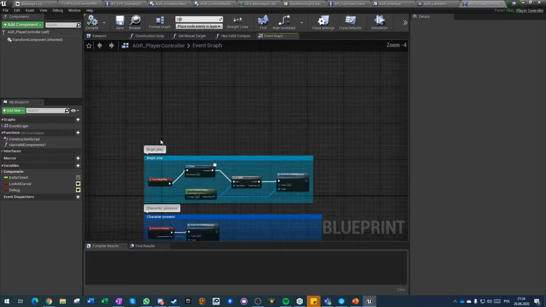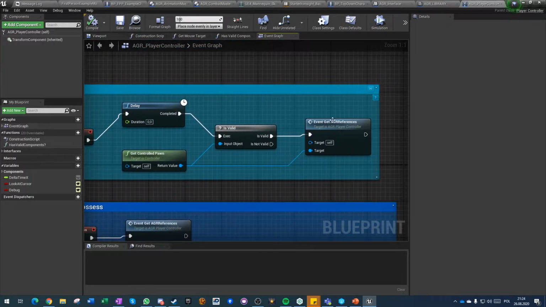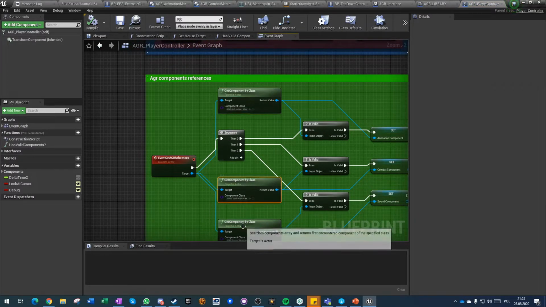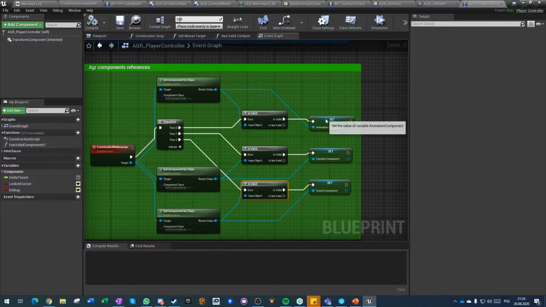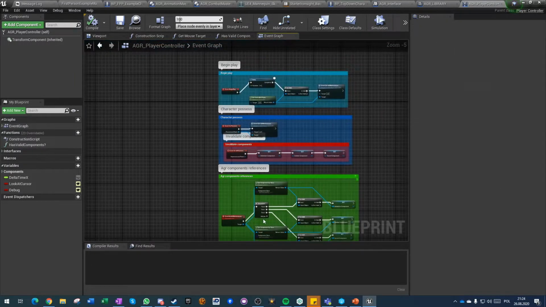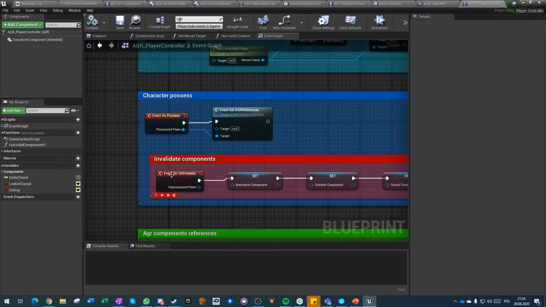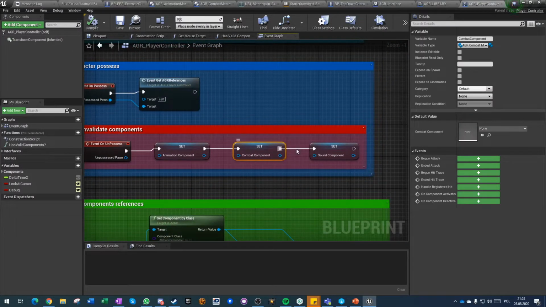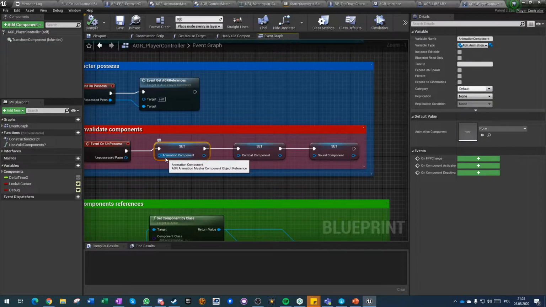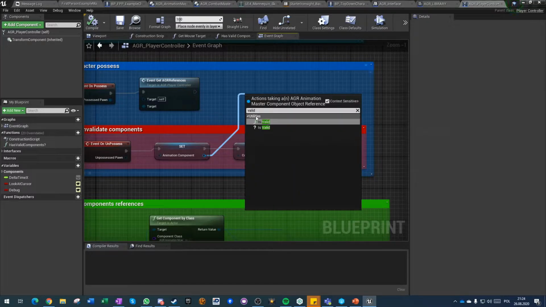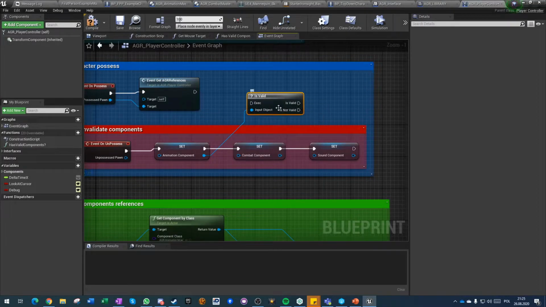What we have here. Okay, so at begin play we're taking AGR references. AGR reference is just a sequence that is taking all our AGR components, checking if they are valid, and saving them in reference values. This event is then again called when you possess any character. So when you possess a character, you check if this character has certain components. When you unpossess a character, you invalidate all those components, because setting an empty reference simply invalidates it. So whenever you try to do a valid check on something like that, it will also always say it's not